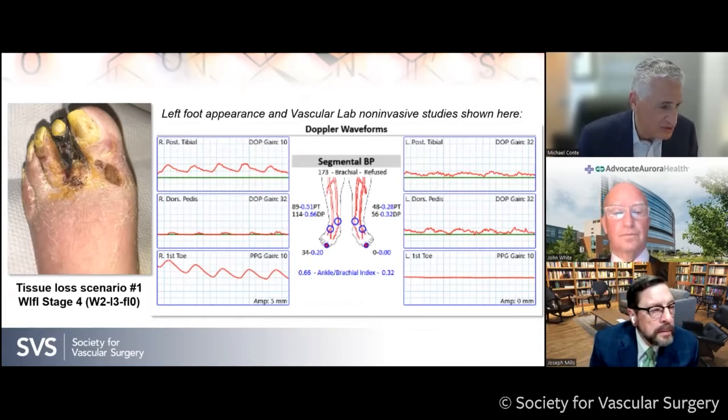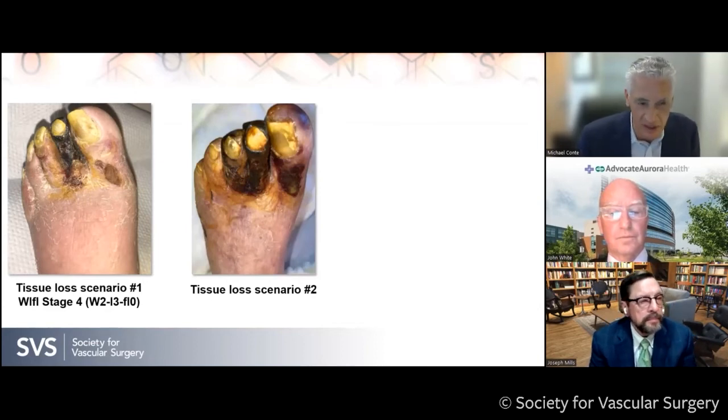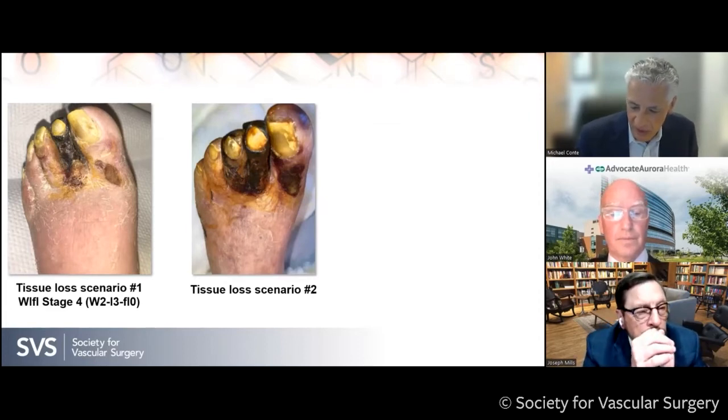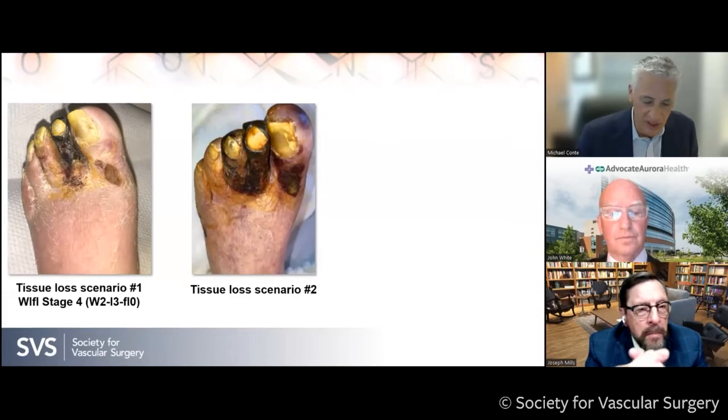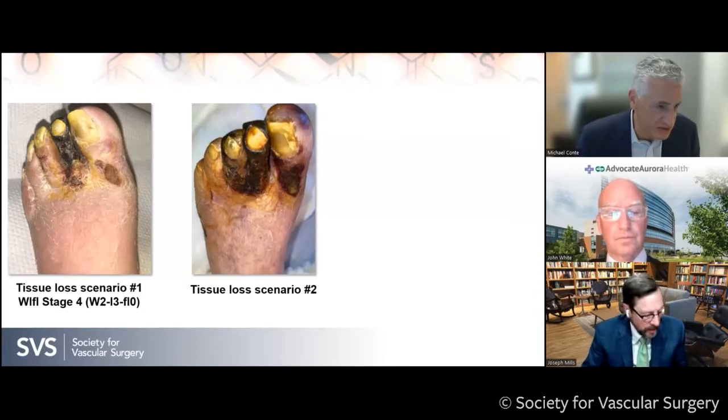a wound 2, severe ischemia grade 3, and dry gangrene with no evidence of cellulitis or foot infection 0. In our WIfI scheme, we know this is a high-risk patient who's at increased risk for both short-term and mid-term limb loss. As we go through the thinking about anatomy and approaches to revascularization, we'll also consider the scenario of